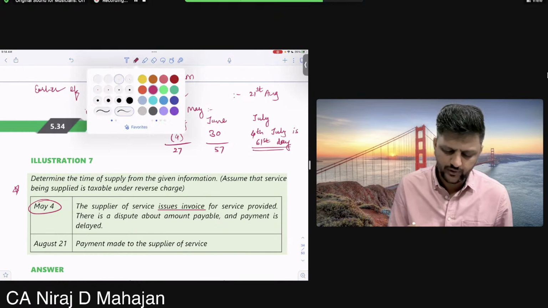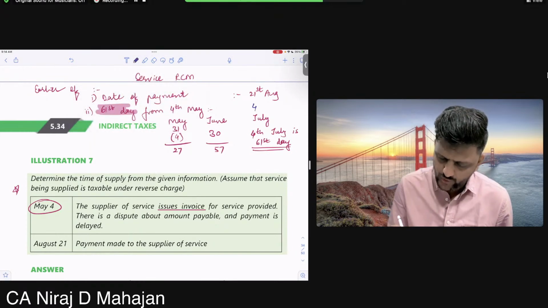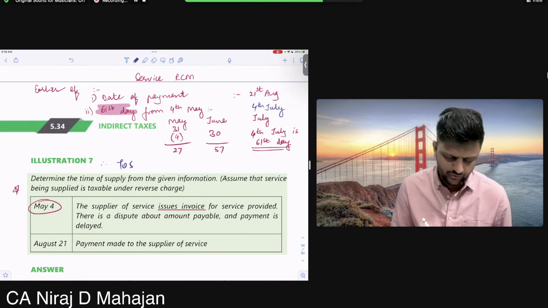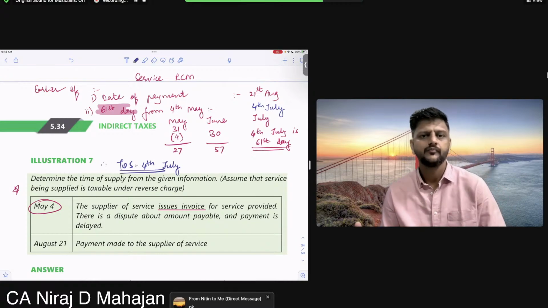Write on this also, but if you want, just above that or on a sticky note or whatever. So here, we are going to check 4th July, or write down 4th July. So earlier, therefore, what is my time of supply, bachcho? 4th July. Yes, still here, all of you? Write down this, chalo.